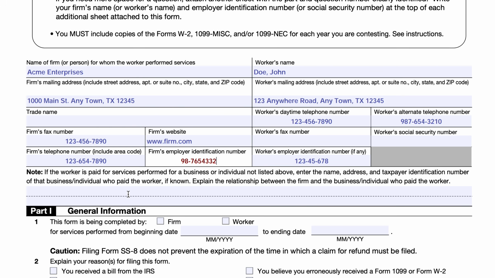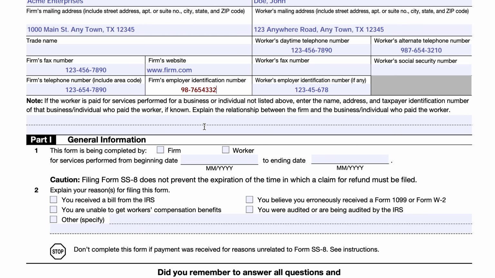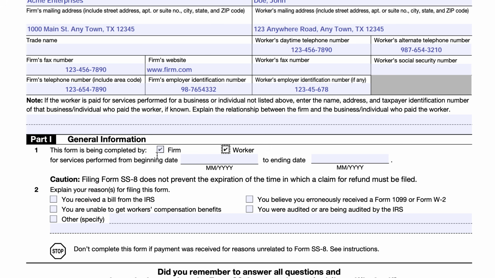EIN, employer ID number. If the worker is paid for services for a business or an individual not listed above, you would enter that company or individual's name, taxpayer ID number, and address here. And then you would explain the relationship. So again, Part 1 is general information completed by, let's just say, the worker, and he's talking about work that's been done all the way from 2023 to the end of